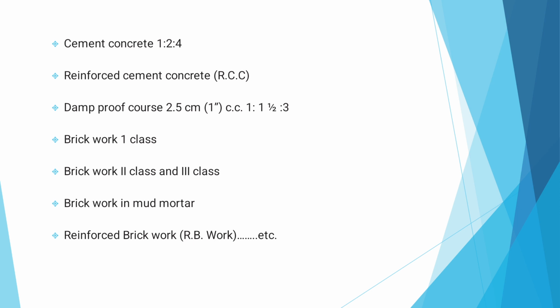22 painting, 23 painting steel and iron work, and 24 varnishing, 25 french polishing, 26 woodwork, that is carpenter work, then 27 doors and windows, and 28 glazing, 29 centering and shuttering, and 30 ashlar masonry, and 31 coarse rubble stone masonry, and 32 random rubble stone masonry, then 33 mud terracing with tile brick paving, and 34 Madras terrace roofing, and 35 asbestos cement corrugated sheet roofing, and then asbestos cement semi corrugated or Trafford sheet roofing, then galvanized corrugated iron sheeting, that is GCI sheet roofing, then Allahabad tile roof,